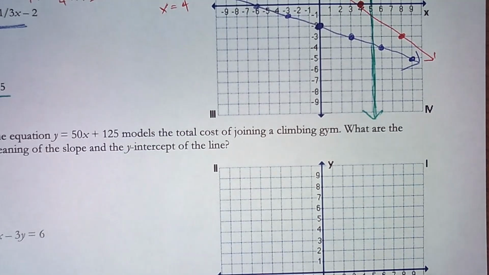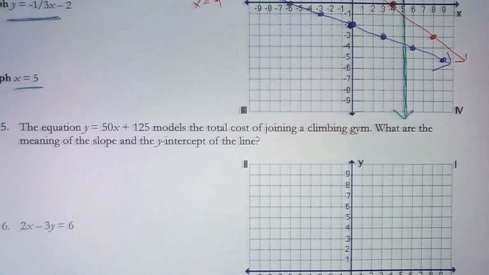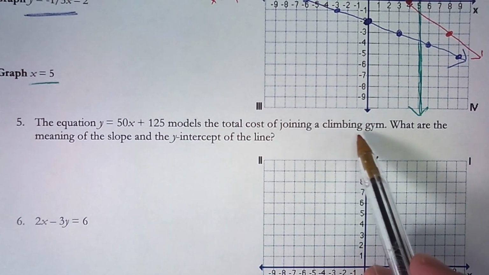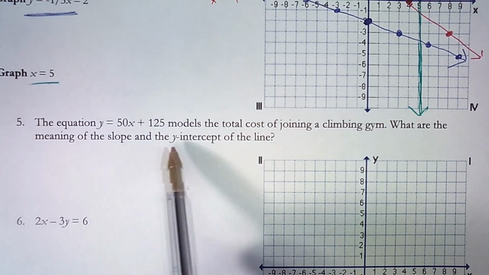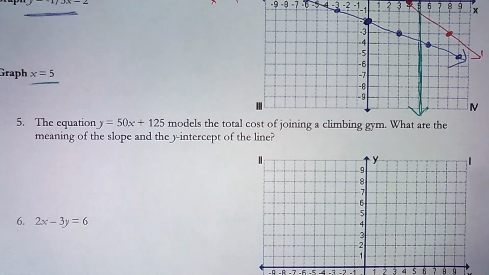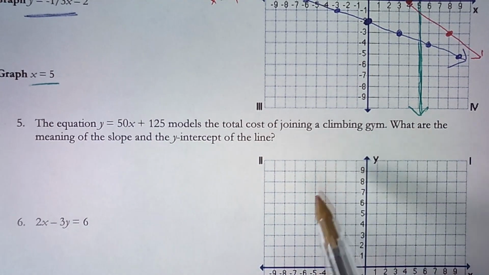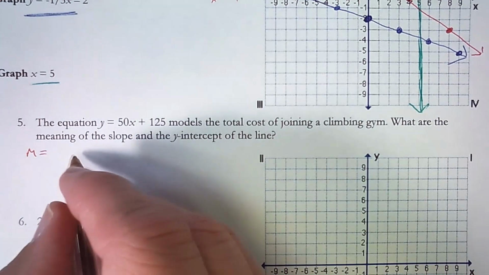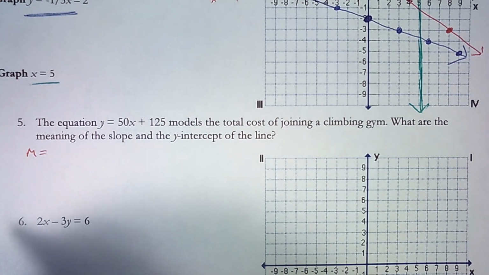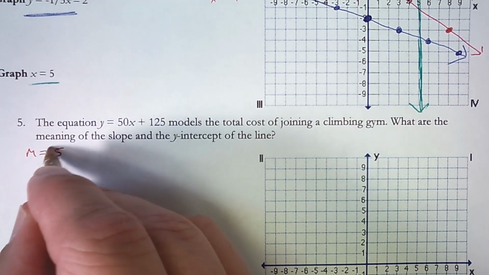So this equation, y equals 50x plus 125, models the total cost of joining a climbing gym. So maybe like a rock climbing place. What are the meaning of the slope and the y-intercept of the line? Okay, so the meaning of the slope. The slope means it's going to cost $50